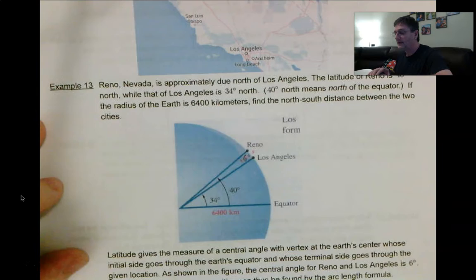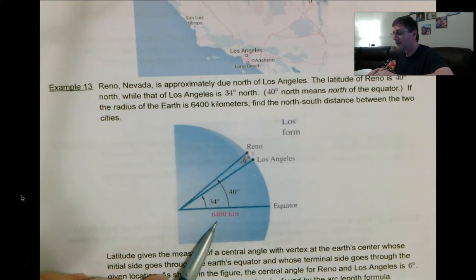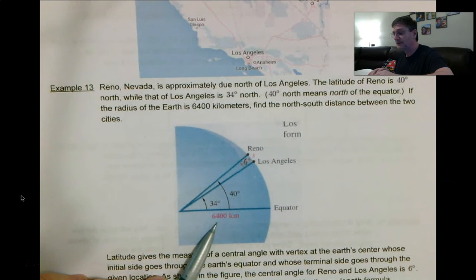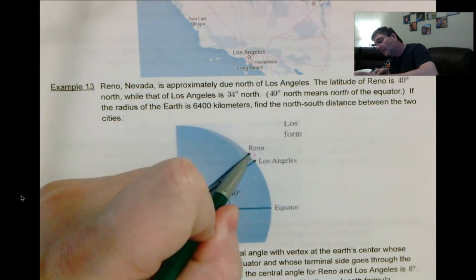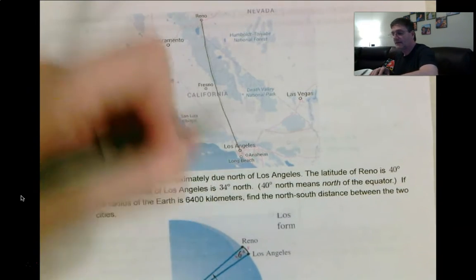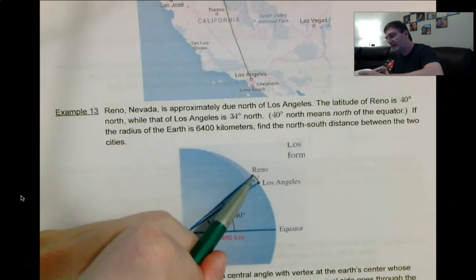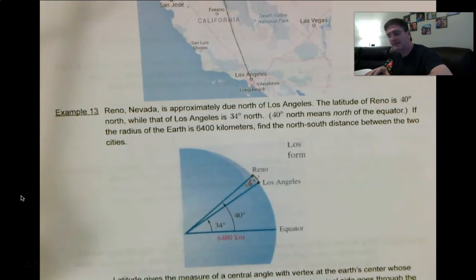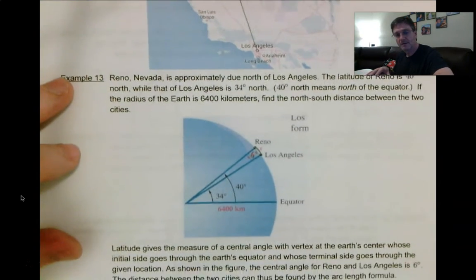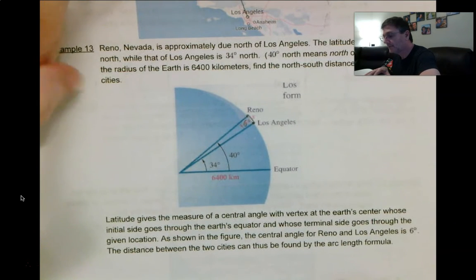If the radius of the Earth is approximately 6,400 kilometers, which it is, find the north-south distance between the 2 cities. We want to know what's that length. Now, it's not a straight line going through the Earth because the Earth is curved. So it's actually arc length. It's the length of the arc around the circumference of the Earth. So arc length